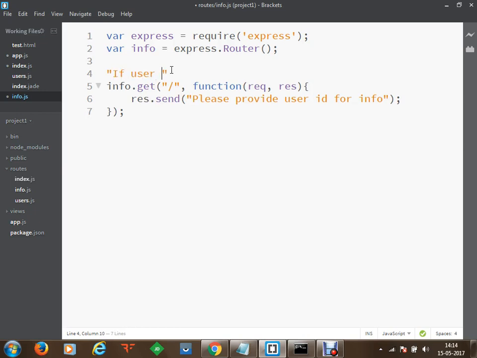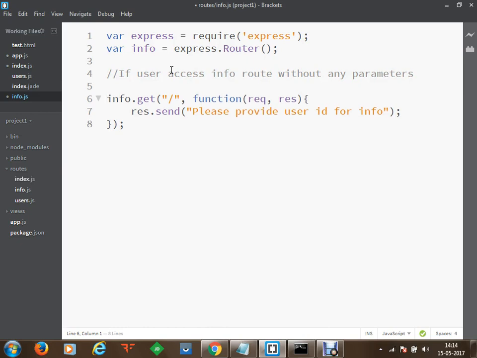If user access info root without any parameters. Okay. So that should not be a string actually. That should be a comment. So we can make use of comments with double slashes here. So this is the first condition. We are going to access info root by the user without any parameters. So in this case, a response will be sent back and the response will say, please provide user ID for